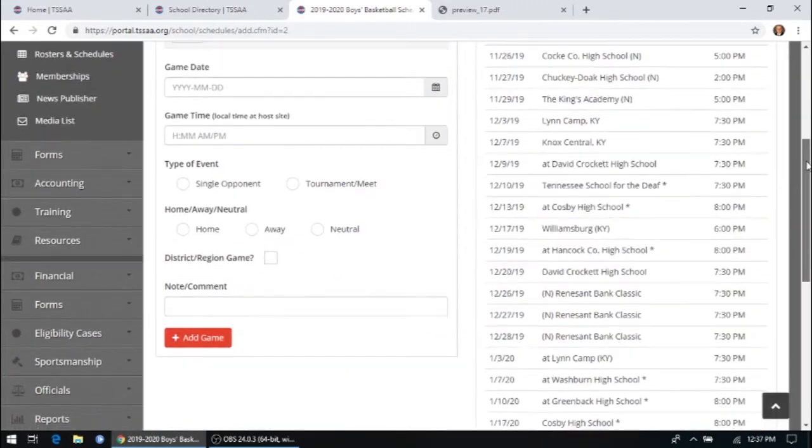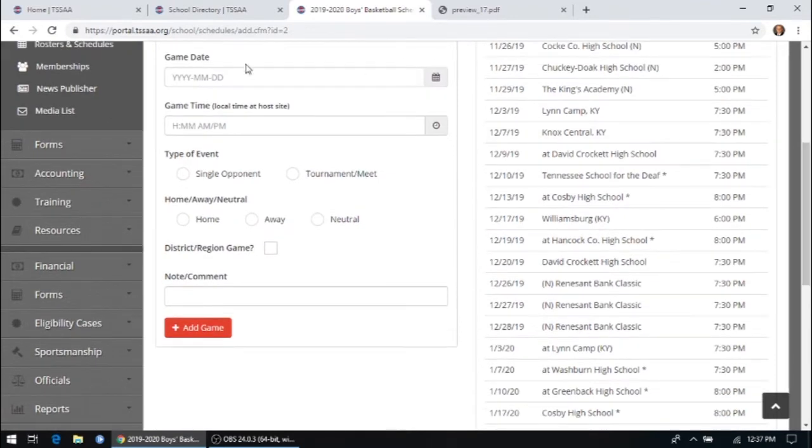We'll start here with the game date. That's pretty self-explanatory. The game time is optional, so just be sure to at least select a date. The portal doesn't track time zone information, so always use the local time of the host site. Everywhere that we show schedules, there will always be a note at the bottom that says all times are local to the